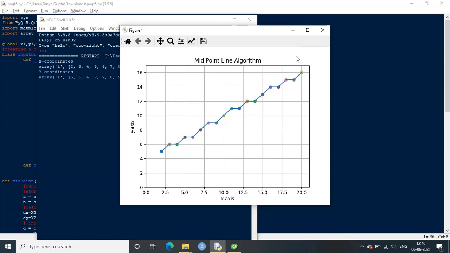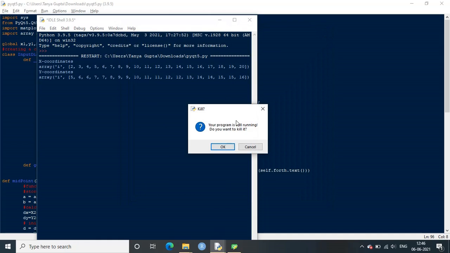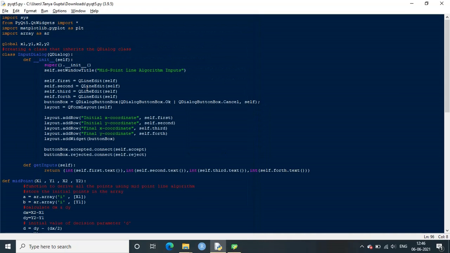Now we'll see what happens if the user enters the wrong input values, that is any float value, any character value, any string value. I'll again run the program.